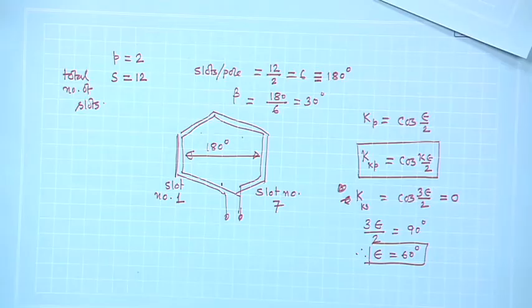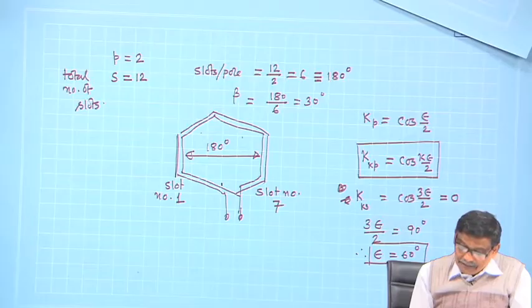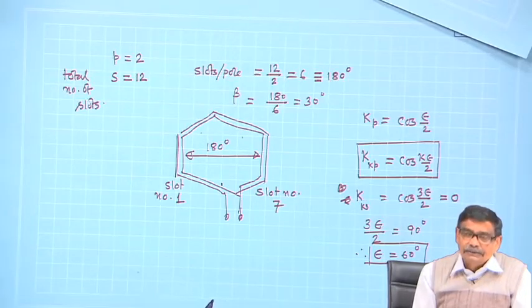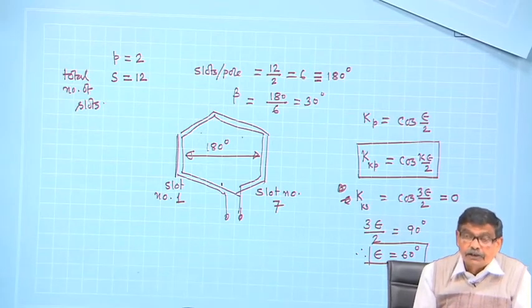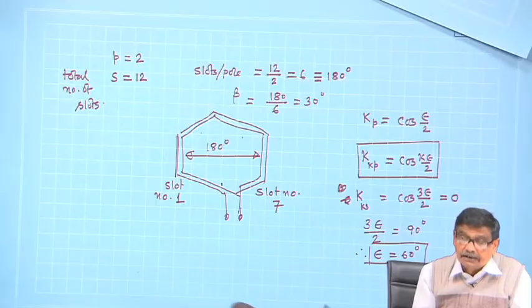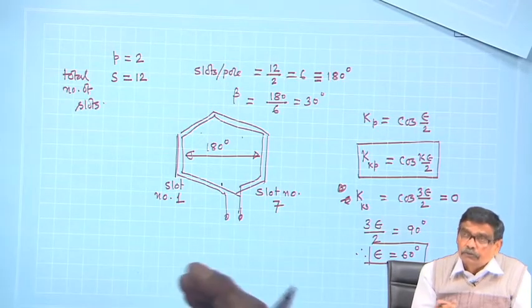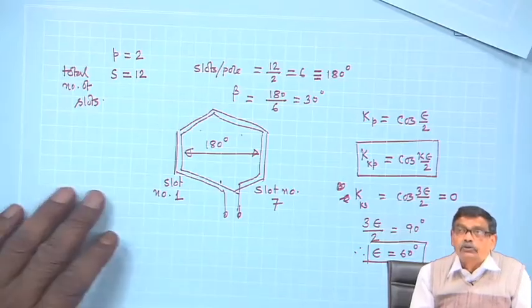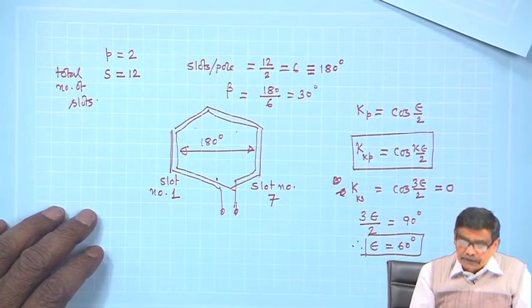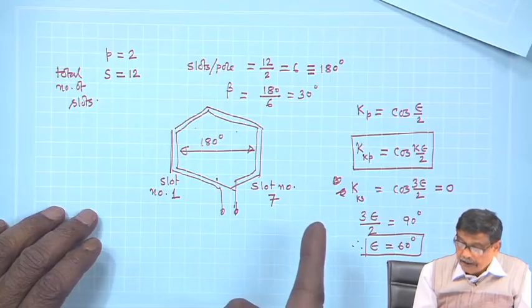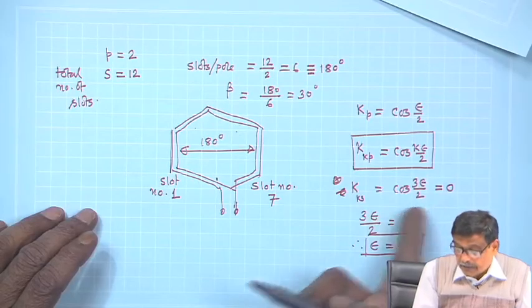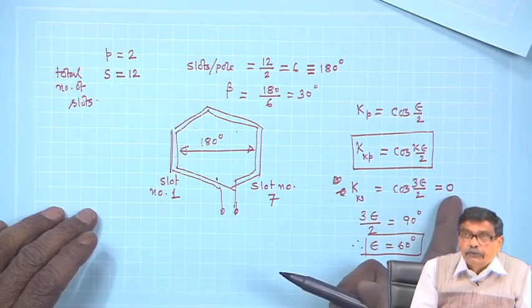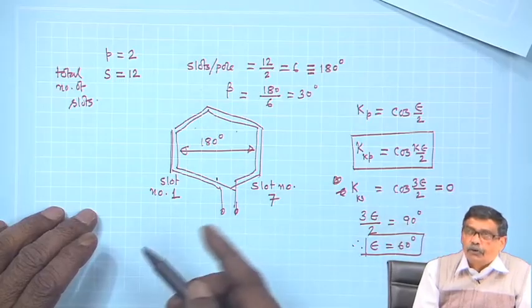Therefore, I will try to tell that, okay, while making the winding, do not make a full pitched coil, because in this machine I find the third harmonic flux is very large, B is large suppose, and I want to see that no third harmonic voltage is induced. That can be done by making the appropriate pitch factor of that particular harmonic, try to make it 0, then you are sure there will be no voltage.